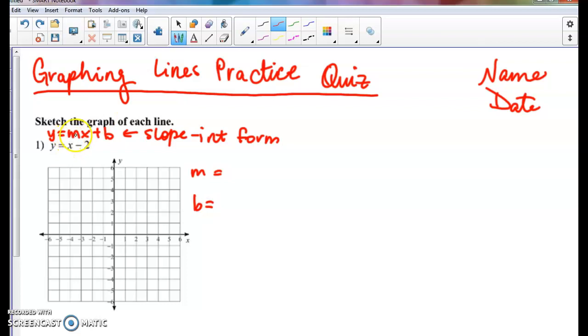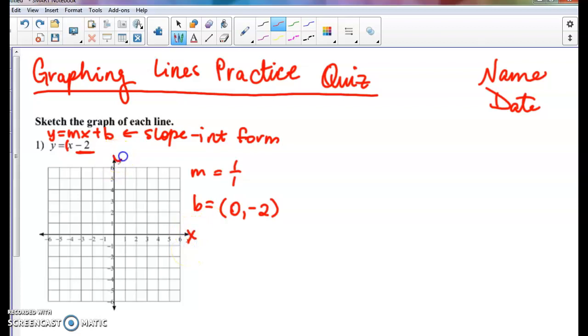So remember, m is always that guy beside your x, and because there's just a single x there, it's like a 1, so we have a 1x. So our m will be 1 over 1, so we always put integers over 1. Our b is 0, negative 2. We have to grab that whole sign. So 0, negative 2. Now remember, during the video you can always push pause if you need more time, because